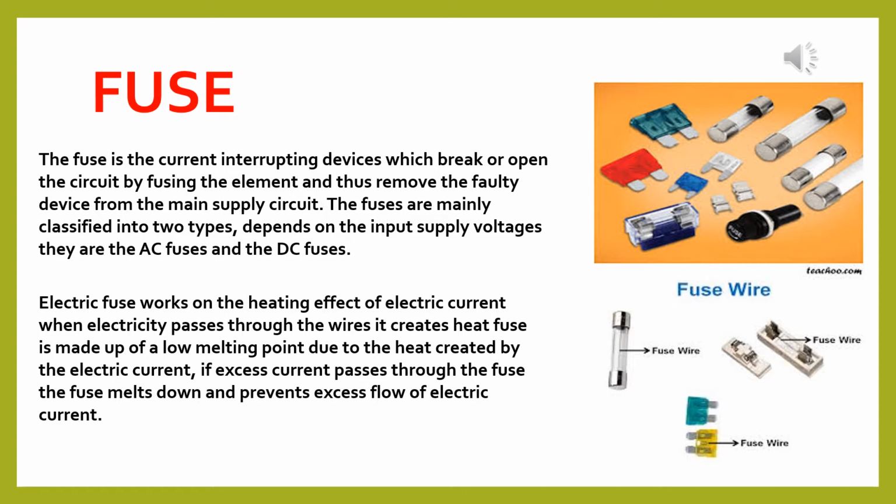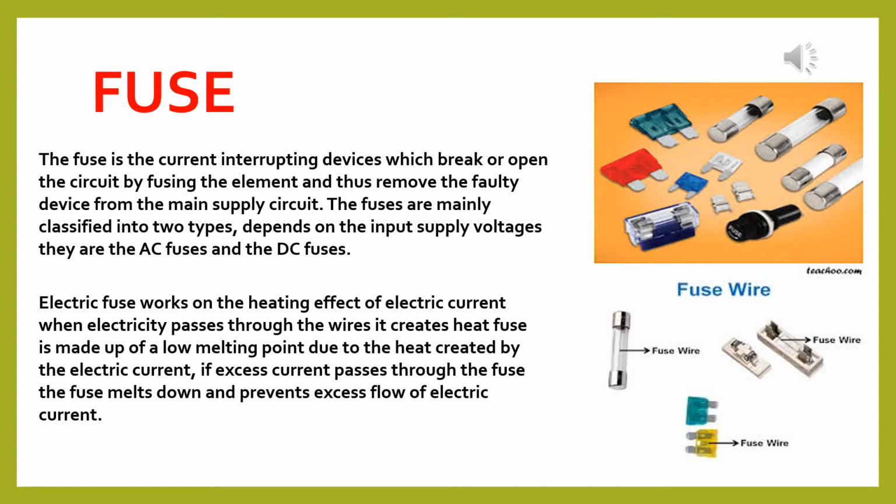Now the next one is the fuse. A fuse is an arrangement for protecting house wiring or electrical apparatus from damage due to passage of excess current over the permitted limit through them. It is a short wire of a material of high resistance and low melting point. It's a very important phrase, high resistance and low melting point. When a large current flows through it, the wire melts due to excessive heating and so the circuit is snapped. Usually, the wire is made of an alloy of lead and tin.